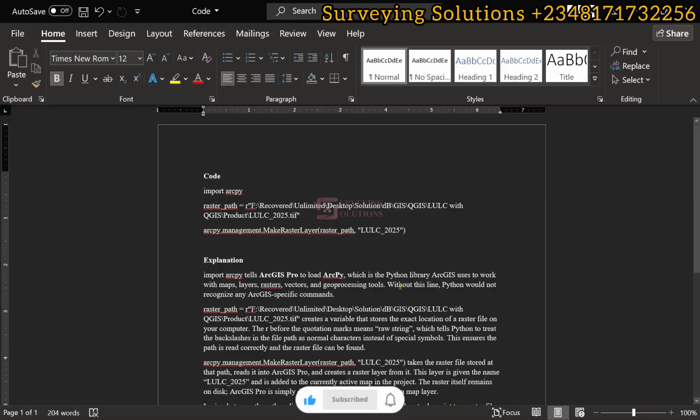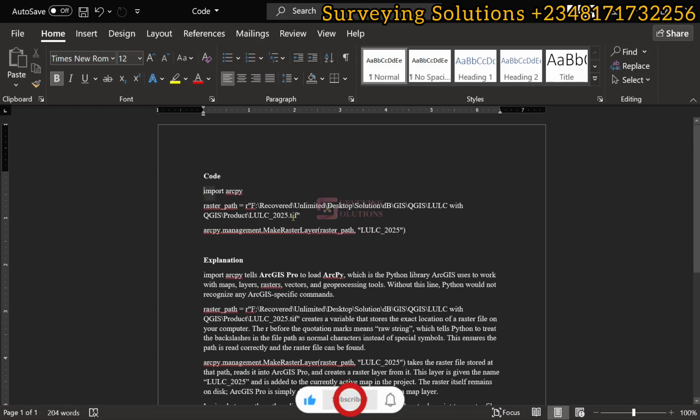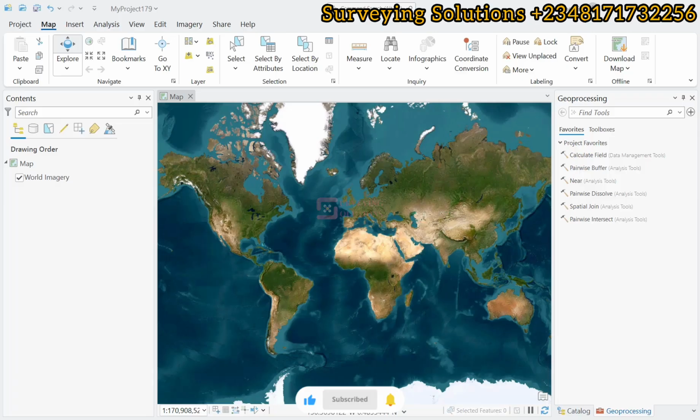Right, good. So now the raster path, that's where the data is being stored, it has been defined, and then we now have the ArcPy management. This particular line takes the raster file stored at the defined path and then reads it into ArcGIS Pro. So let's just copy this and then we come to ArcGIS Pro, we go to analysis, use the drop down under Python,